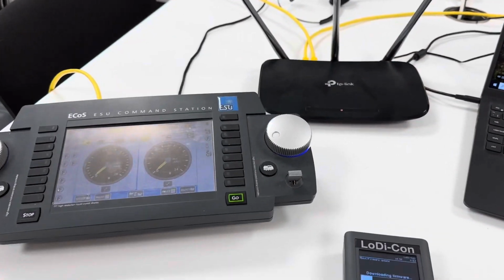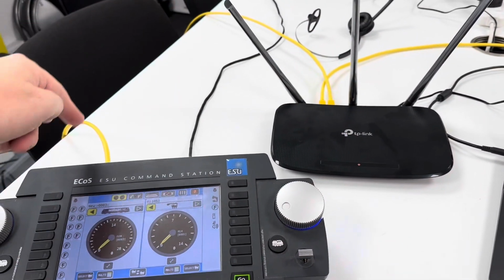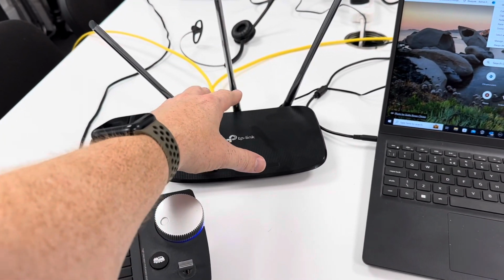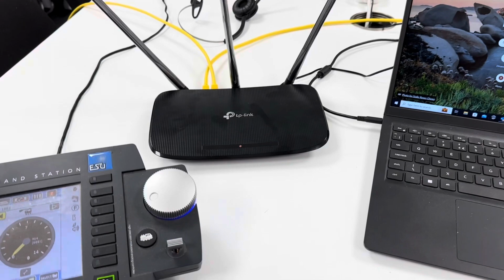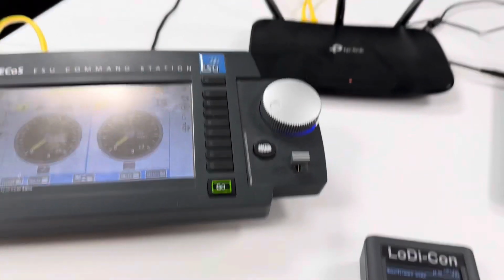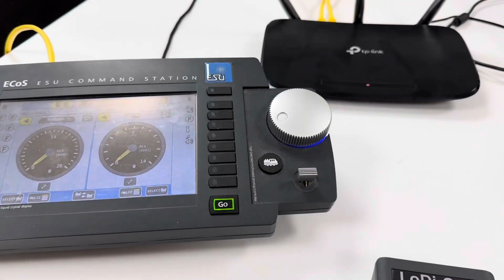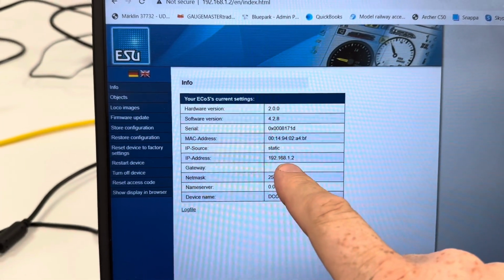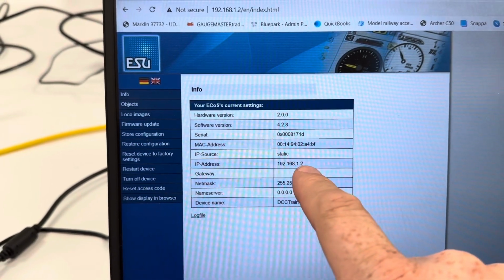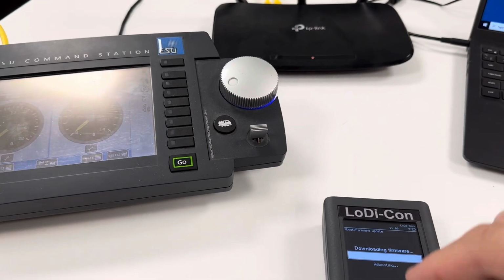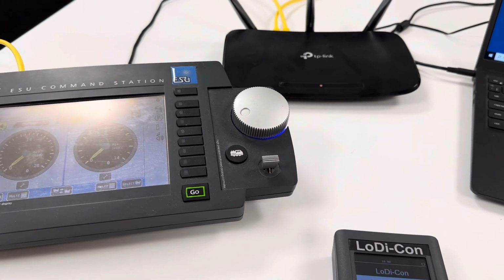So what we've got here is a router, Ethernet cable to the ECoS, so this is now on that network, and this is now a wireless network. I've called this network LoDi-Net, so I've actually given it a name. So as you can see there, the ECoS is connected, so there is an IP address here we can see. So that's the IP address that we will hunt for once we try and connect the LoDi-Con